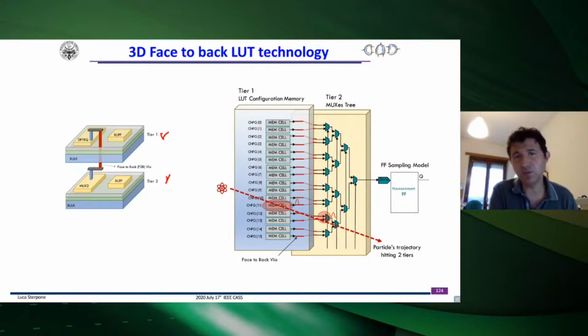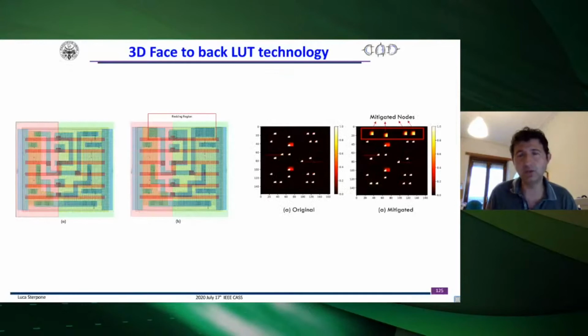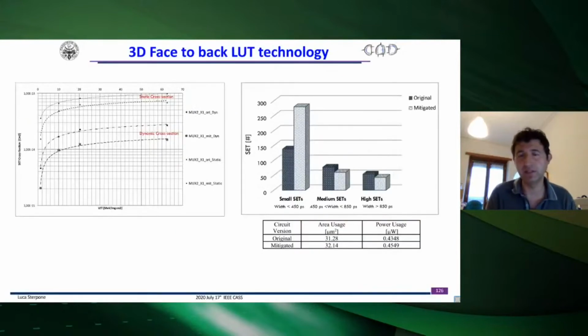So the effect here is much different because you can have a particle crossing the configuration as well as crossing the resource of the lookup table. And what is the result of that? You need to know the layout in order to individuate this phenomenon, but you can individuate the position where these are affecting, and then individuate what the nodes eventually affected by the particles are. And in this case, the interesting point is that the scenario depends not only on the size